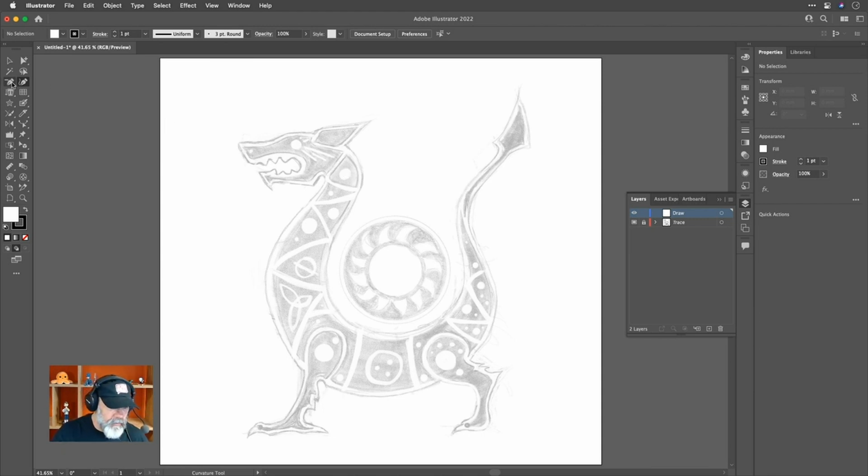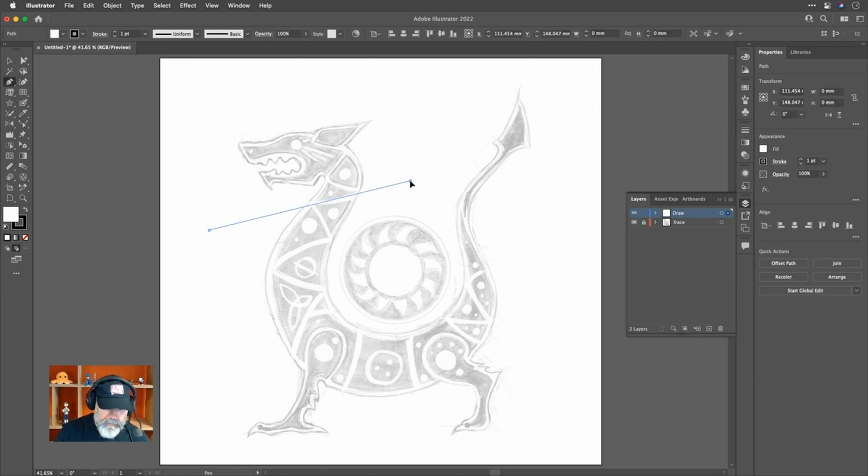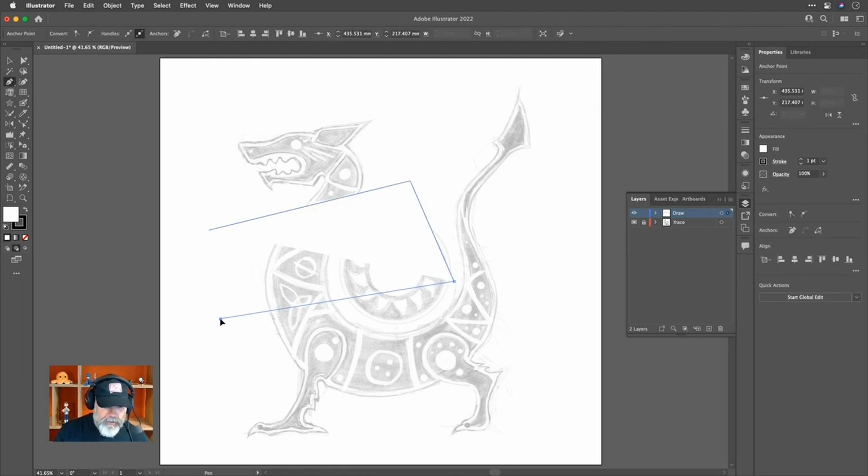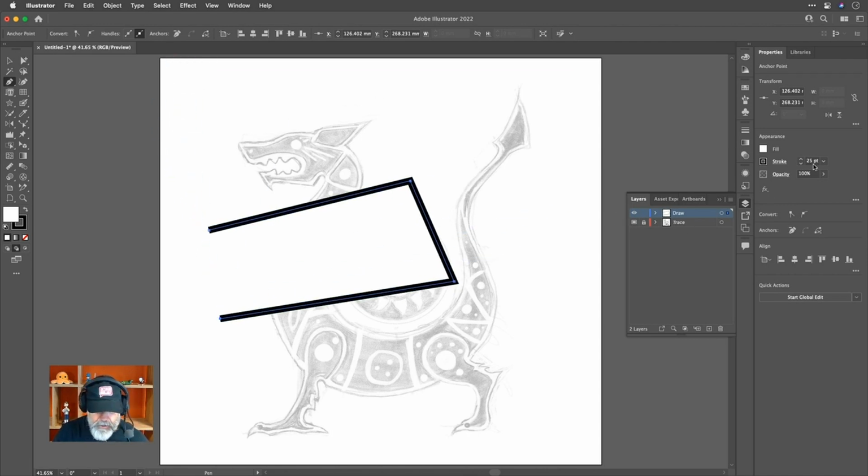So the regular pen tool, let me just choose that just for a second. The regular pen tool, if you simply click with that, you create straight points. Let me just increase that stroke so you can see it. Or straight segments between points. If you click and drag, then you create control handles, which control the angle and speed of a curve,